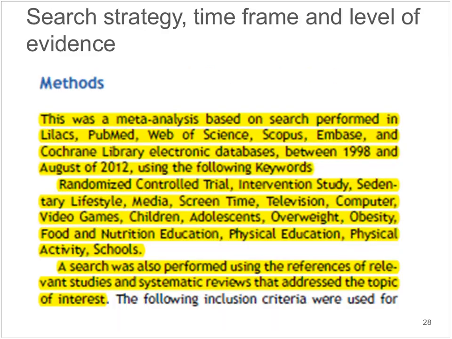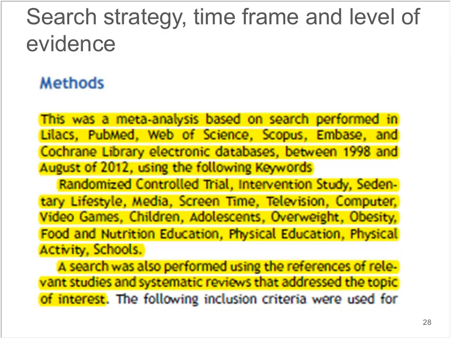What we see in the very first paragraph then of the methods section is how they searched. So the next thing we want to know is that how we want to feel confident that the researchers haven't missed anything in their search for the single studies that make up this review. So they have to convince us that they've done a very good job of searching for all of the studies that answer their question, whether it's published, not published, in English or other languages, that they've used multiple databases, they've gone back an adequate number of years. Those are all of the things that we're looking for to assess that.